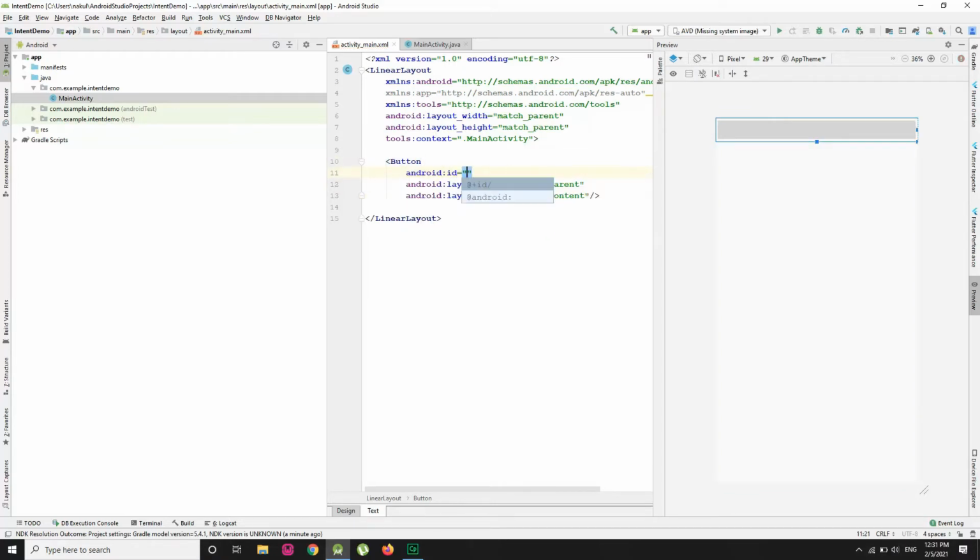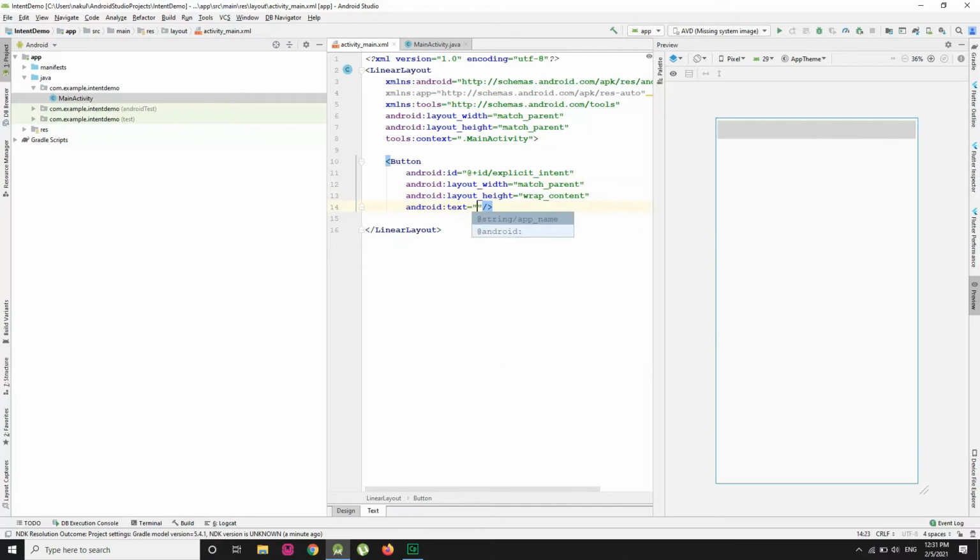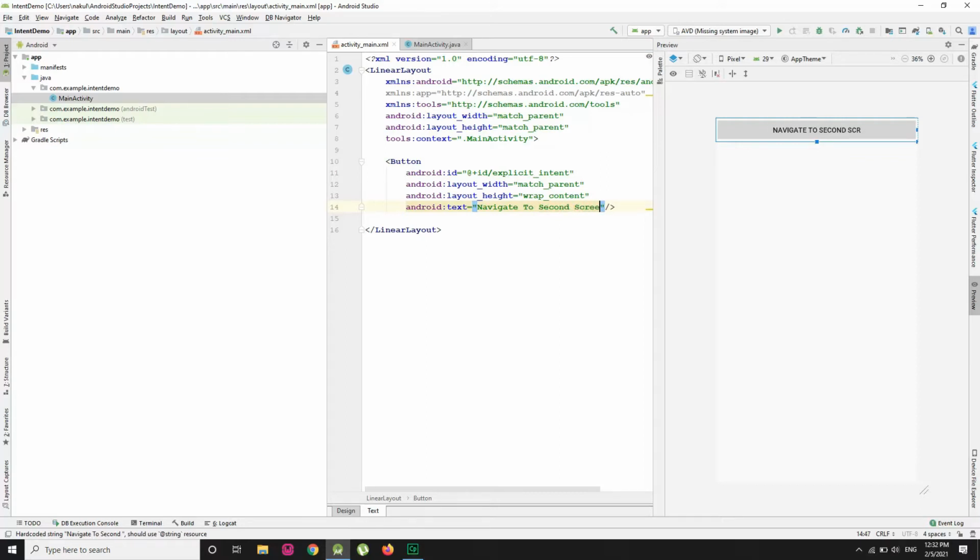Make this ID button_explicit_intent, and write text here which is Navigate to second screen.